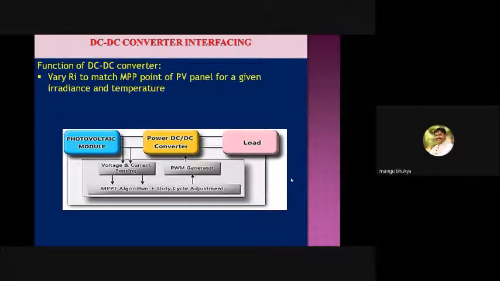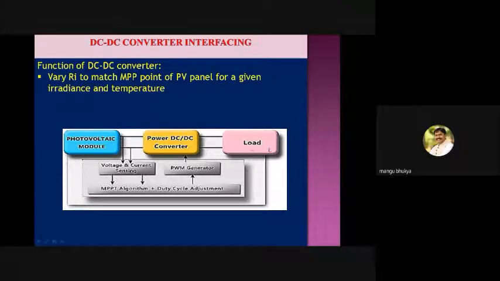So here is what I am trying to say: the role of the electrical engineer and the mechanical engineer in future is definitely growing. Our role is very important. The electrical engineer and mechanical engineer roles are very important to tackle the future issues regarding electric vehicles and renewable sources.